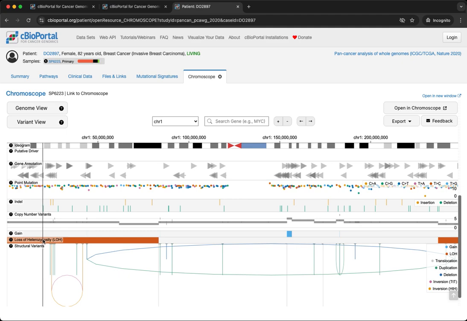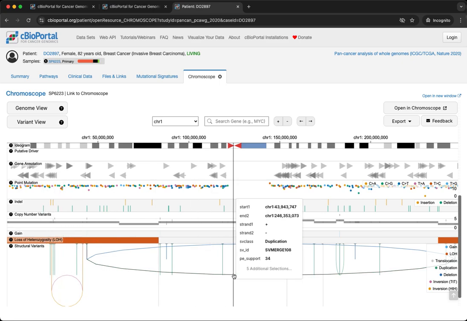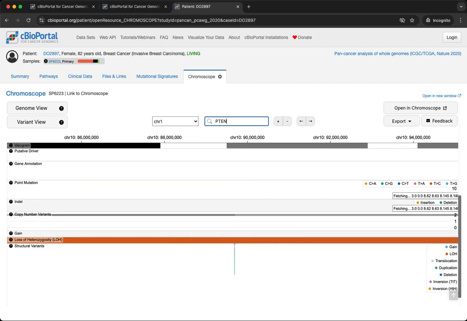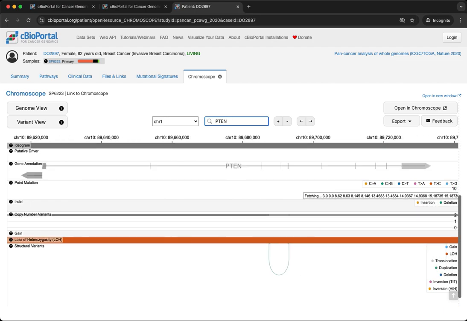In breast cancers with homologous recombination deficiency, PTEN is a tumor suppressor that is commonly lost. Let's check it in this particular sample, searching for PTEN in the search box. And we do see here one of the typical tandem duplications coinciding with two exons of PTEN, likely leading to